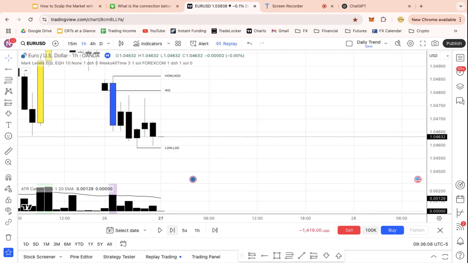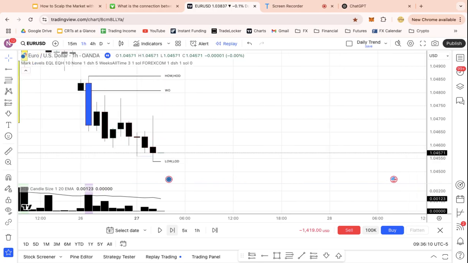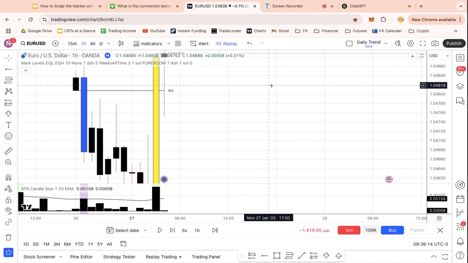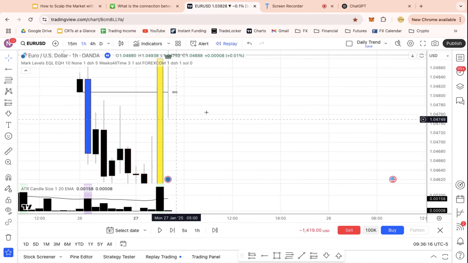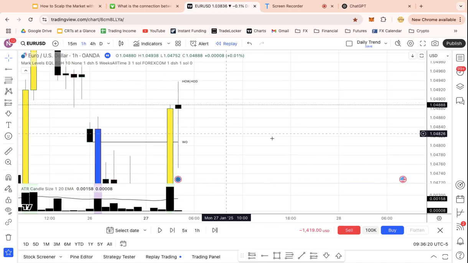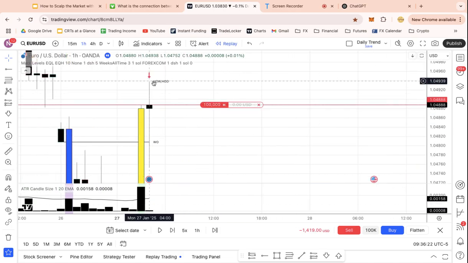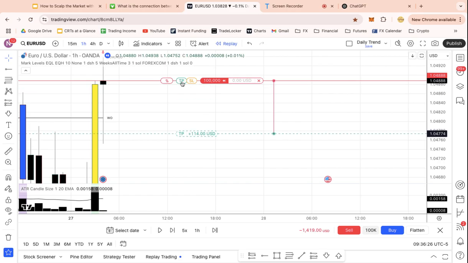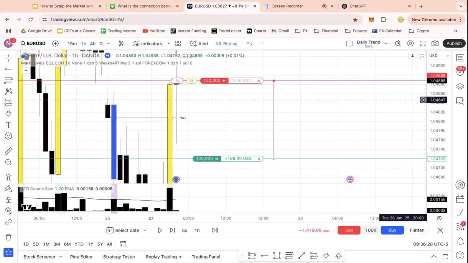Okay, we're on January 27th. Waiting for an ATR candle at a high of the day. Okay, here it is. This is at 4 a.m. See how the money candle made the high of the day slash high of the week. We'll put a sell there. The money candle high does have to hold for the trade to be valid. Take profit, we'll put